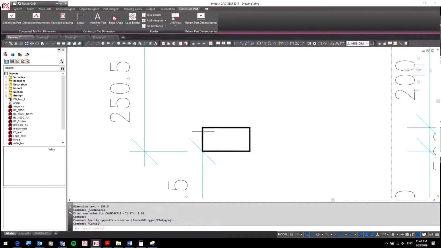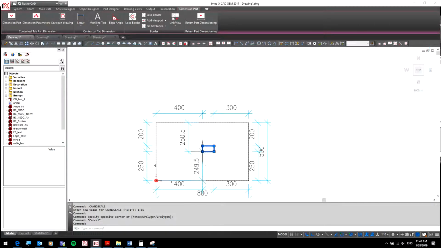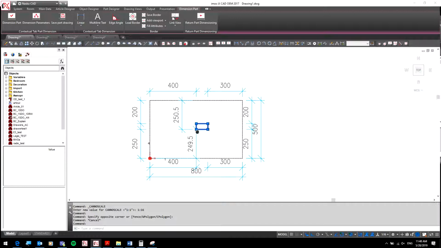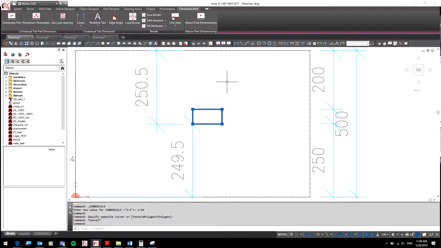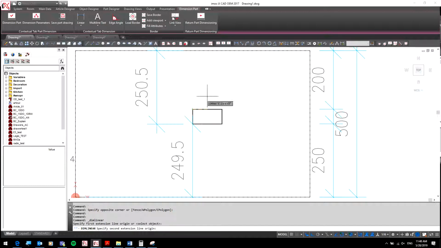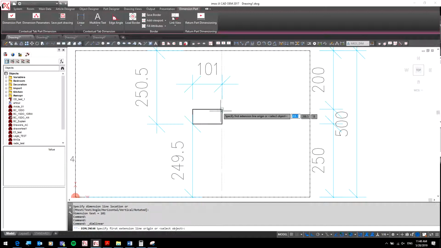Okay, so the insertion point is here, so I need to do something to position this in the middle. In our case, this one is 100. It is 100. This is because of the 2. It's 100